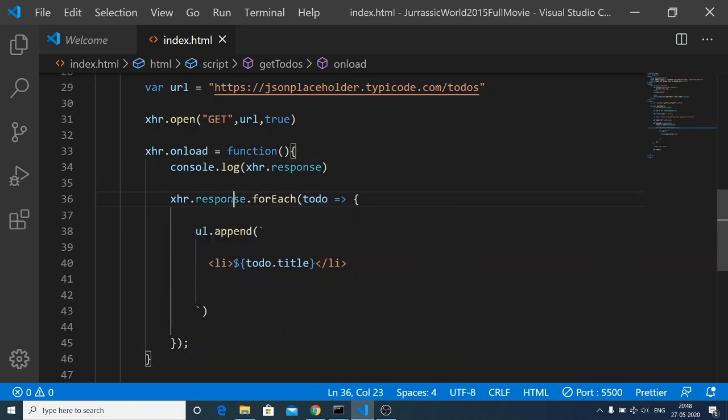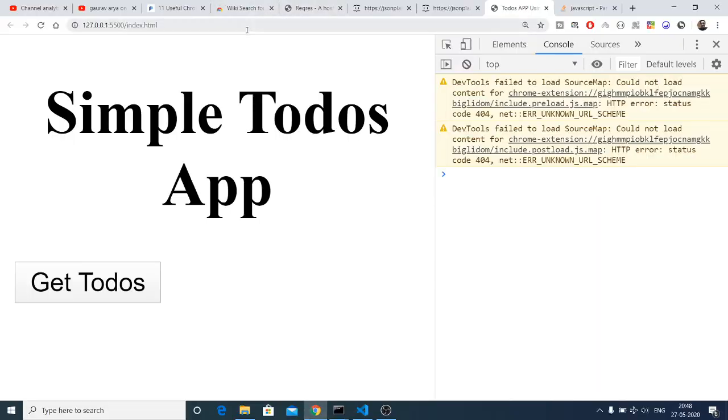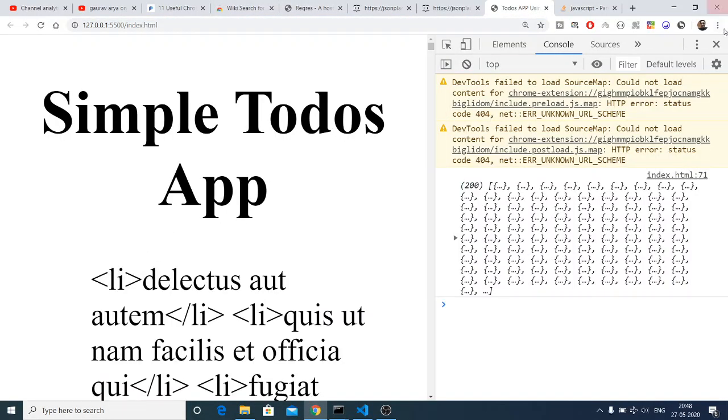That's it. If I click get to dos, now you will see that.